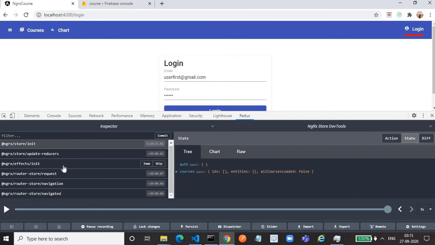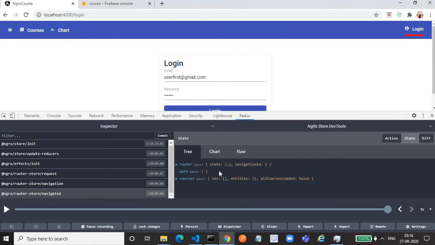If we are navigating from one page to another, you will find three actions being triggered: request, navigation, navigated. These are all router navigation actions. If I go to this last action, you will see another router state has been added. This state contains the data related to your routing.